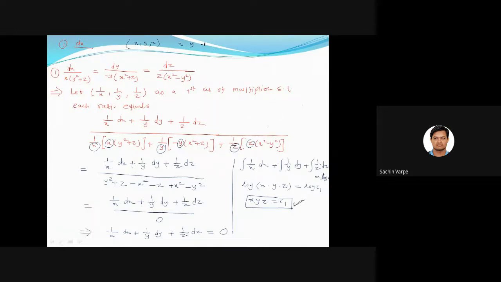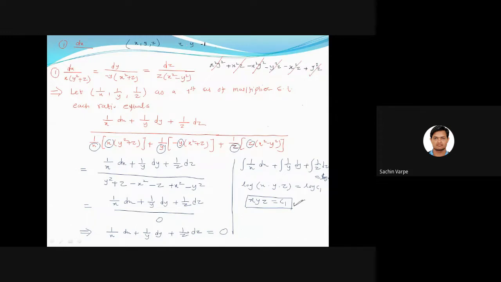X, y minus 1. So that will give x square y square plus x square z minus x square y square minus y square z minus 1, na? So minus x square z and plus y square z. Will it work? Yes, sir. It is actually right. X square y square, x square y square, x square z, x square z, y square z, y square z. Yes, it works.